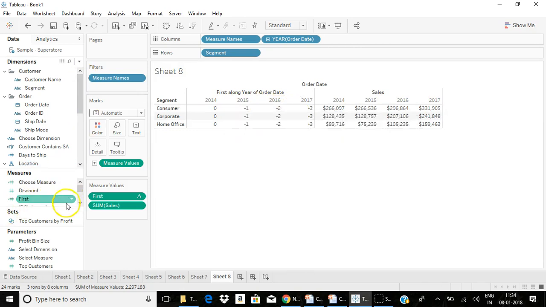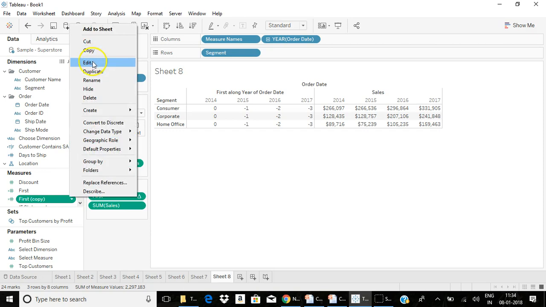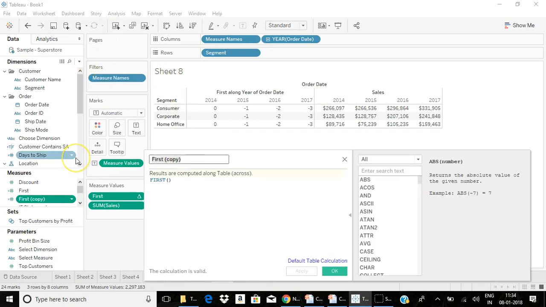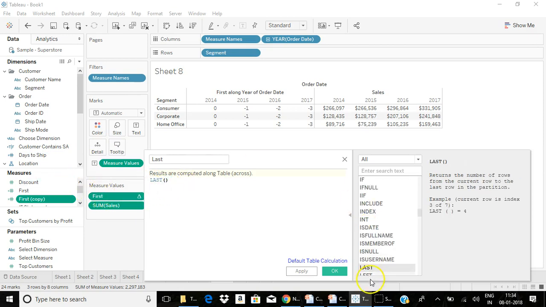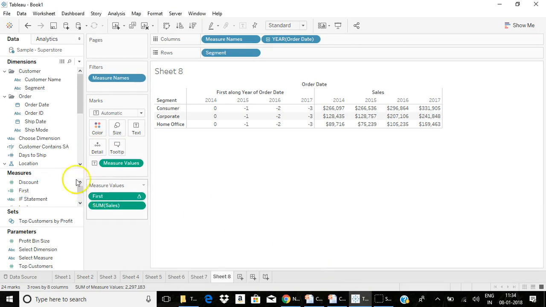Same, you also have the last function. The last function will return the last value as 0 and consecutive positive values.